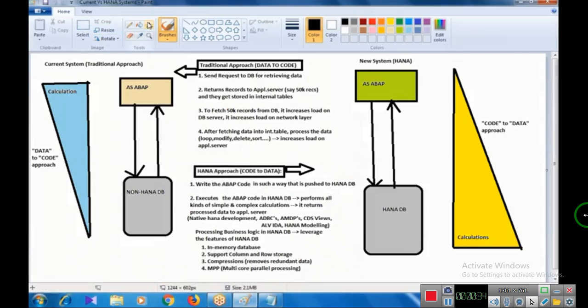So in the current system, the traditional approach, we call it the data to code approach. In this, we are pulling the data from the database to the application server, and the entire processing we do in the application server. But in case of the HANA database,